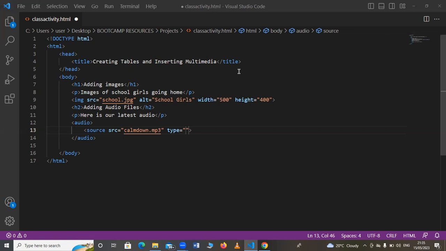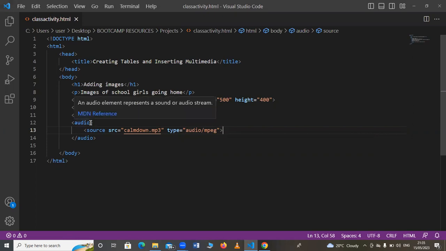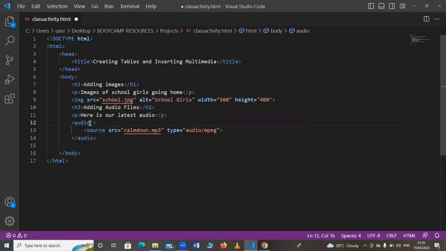So now here we have said the source is Calm Down. Which type of file is this? Of course, are we having audio? Yeah, we're having an audio type. I think mpeg. Okay, let me save. Now, before we go, when we just display like this, our audio will not be able to play. This is what we are supposed to put here, controls